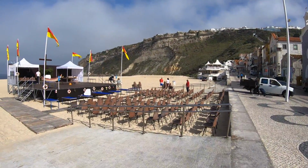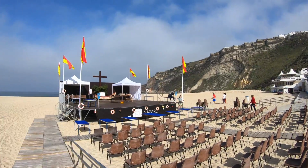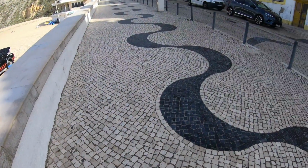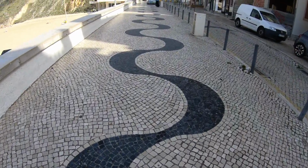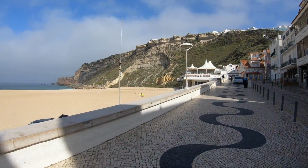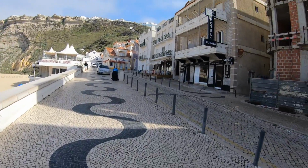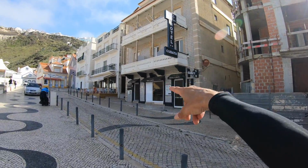So they're setting up here for some type of a festival. Looks like it has the cross up there, maybe a religious thing here on the beach. So this is neat. A little walkway here going toward this area here, and it's kind of decorated in mosaic way. Here's some more buildings and the traditional tile